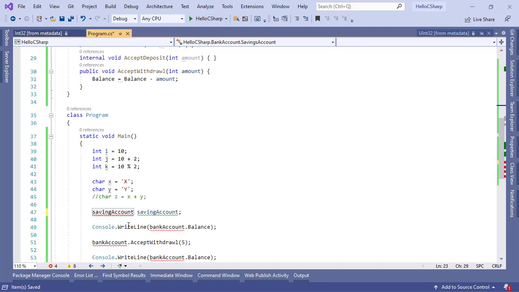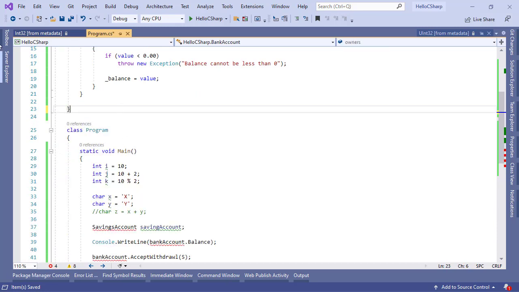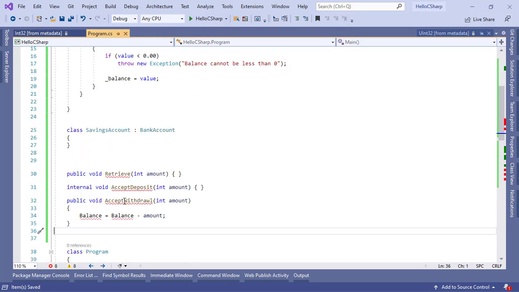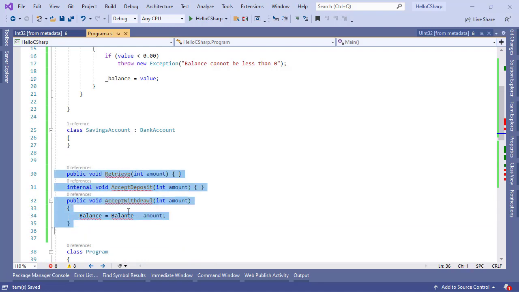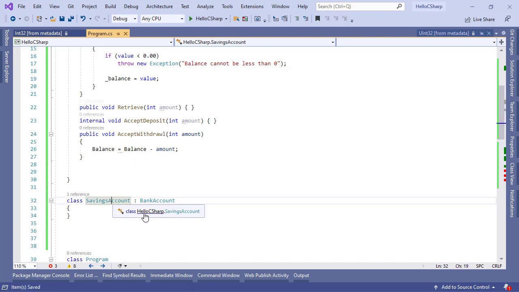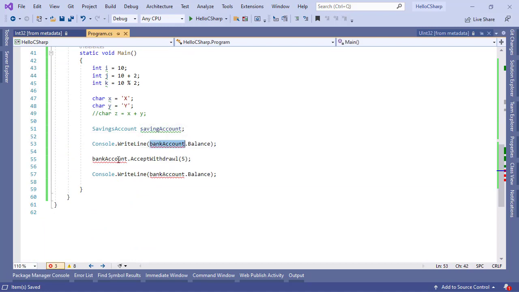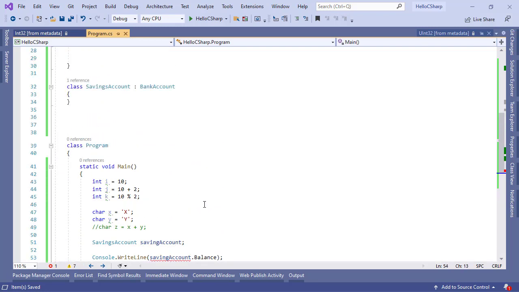let me just fix this first. It's a savings account, and it is complaining because it has become a subclass. I should have declared it outside the bank account class. Like this. Sorry. Alright, savings account is a class that is inheriting from the bank account, and now I'm able to create those accounts here. I'm going to replace, and okay, it is still compiling, but let's go ahead and continue our discussion